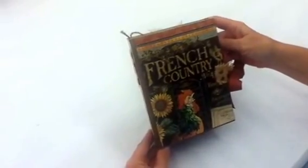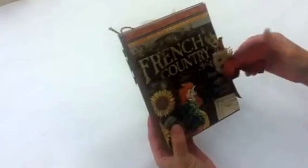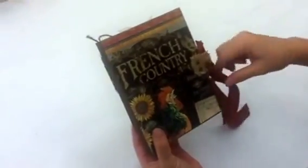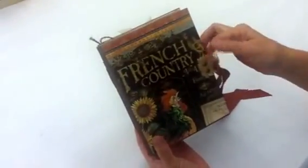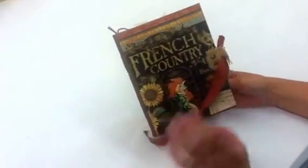And here today we have our French Country 6x8 chunky album. It has this really fun closure here on it with the ties, and we'll talk about this a little bit later. I'm going to go through and give you a quick overview of the project, and then we'll pick up some